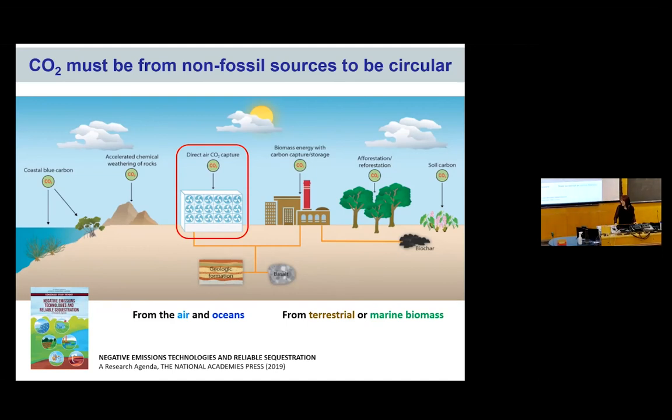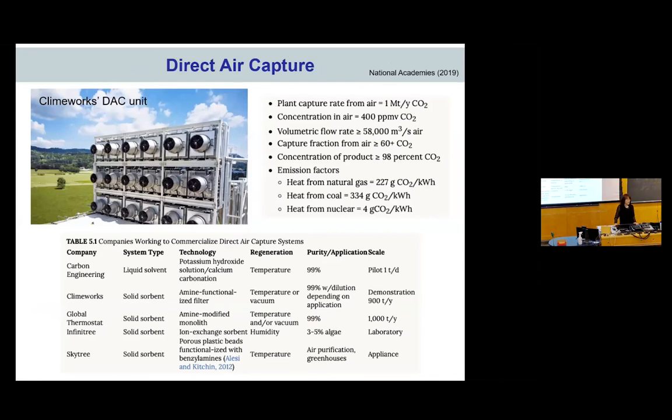Obviously, this is not an easy task, but there are a lot of companies that did pretty well on this. If you look at the system on the top left, this is a modular design, and each module is about my height, I think, when I went to visit. These modules are stacked on top of each other, and all these fans are moving air through. Because remember, it's only 415 parts per million. You're fishing in the river with a very small number of fish. So in order to catch enough fish, you need to access a huge amount of river, right? Same thing for air. So you have to process a lot of air through this system,